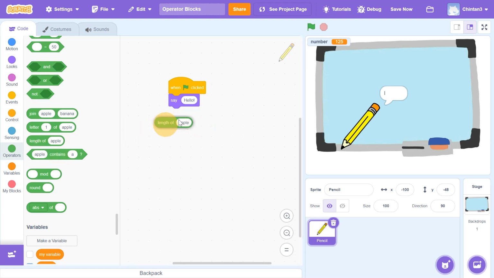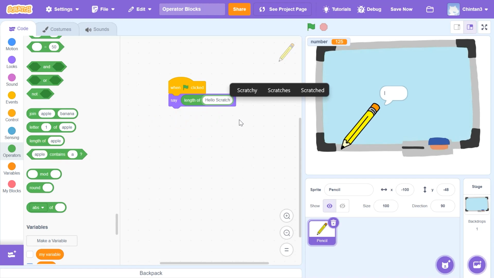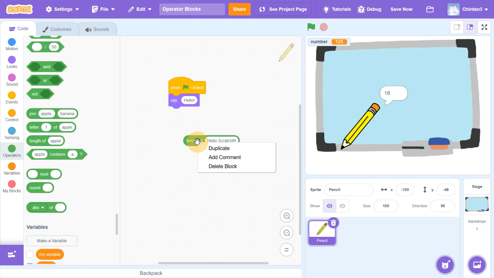If I want length of a particular text, for example, hello scratch, right? If I write this, and if I want length of this text, I simply need length of the, as you can see, it is given 16. Next block,